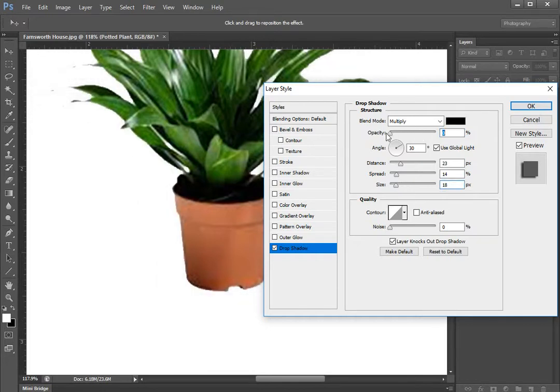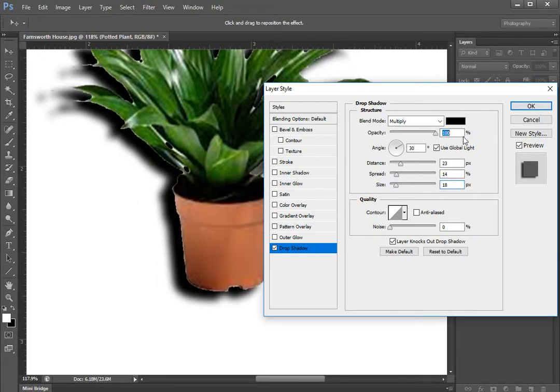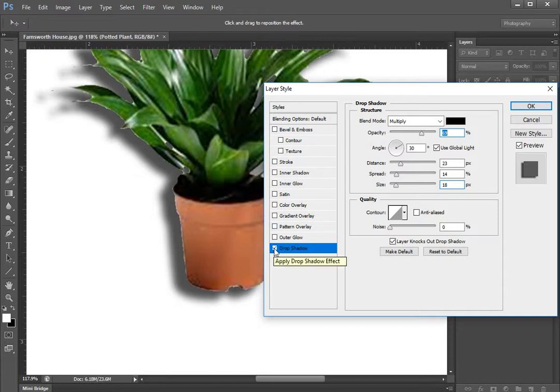So drop shadow is a useful one very often. For working with a lot of architectural stuff, you may also find yourself using the inner shadow and the inner glow. The satin sort of simulates a metallic look. And occasionally stroke is useful. We don't have time to address all of these independently. They may be in a future advanced techniques tutorial, but for today, just be aware that these effects are available